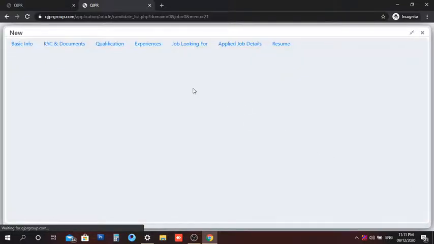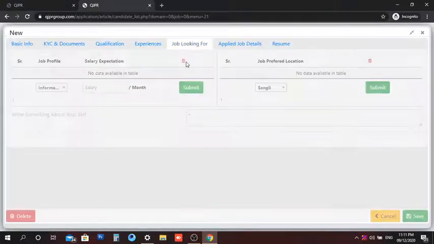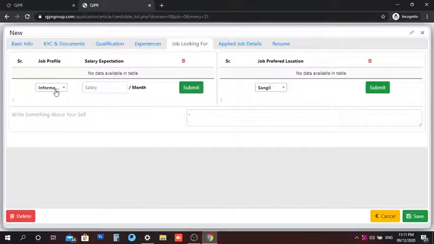Next you will be directed to job looking for. So here in job looking for, the candidate is looking for in the same field, that is IT company. You can mention the expected salary, submit.